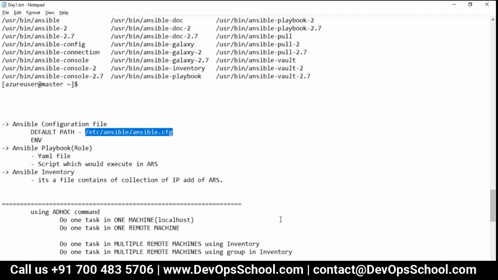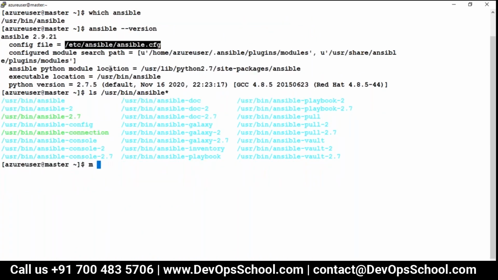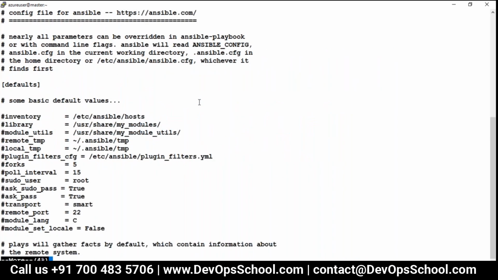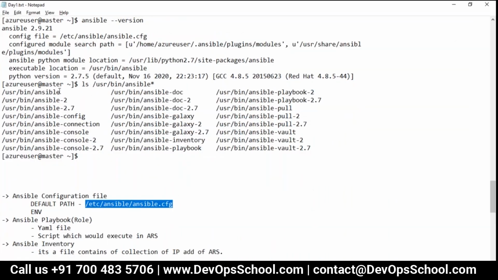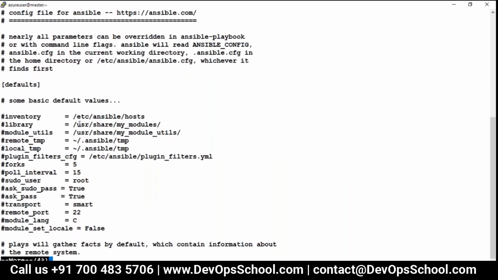Now next thing is Ansible configuration. This configuration file is here. I will not deep dive into that, but at least let's understand what exactly it contains. I repeat, any behavior you want to change of these executables, these all are executables. Any default behavior which is hard coded in the executable that you want to change, you can change using this configuration file.